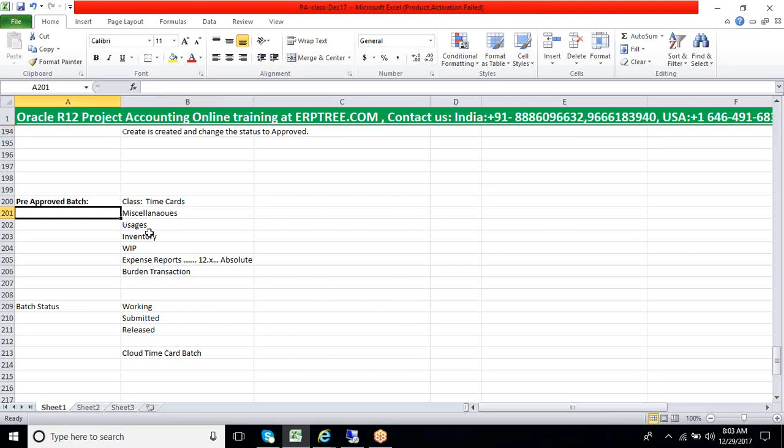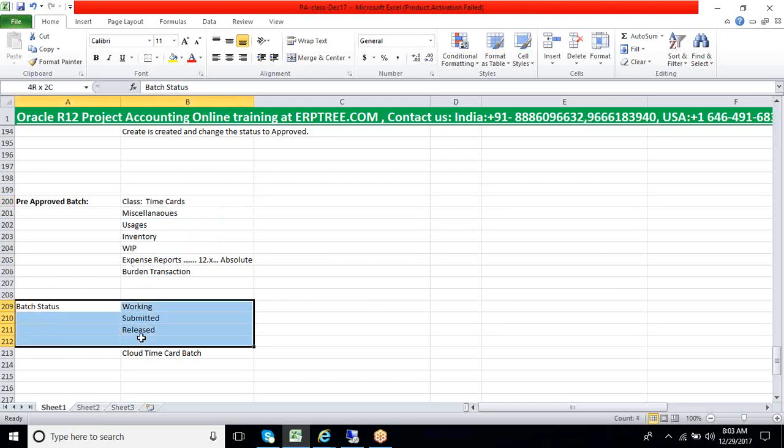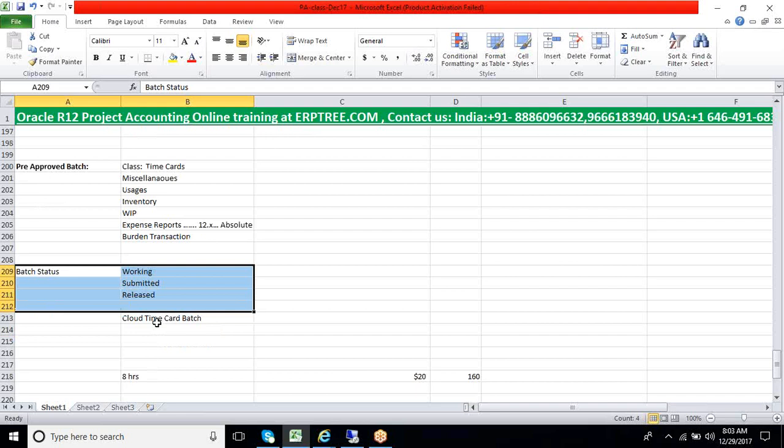Next we discussed the pre-approved batches, what the pre-approved batch classifications are, and we went through one example, the time card. We created a batch, tracked the different batch statuses, and saw a couple of options on the pre-approved batch